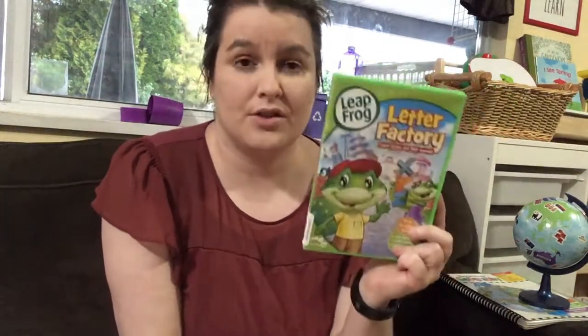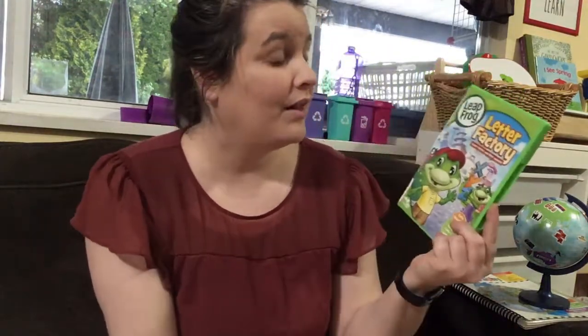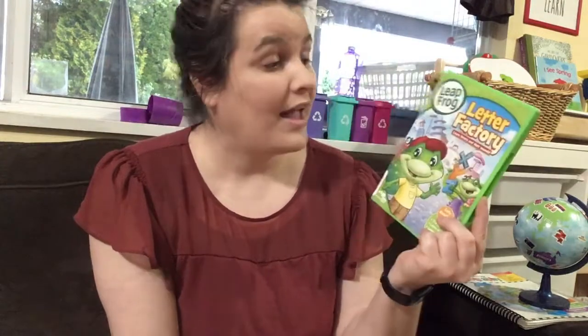I had been hearing so much about this, and I know about Leapfrog, but my preschooler was wanting to learn sounds. He knew all his letters, so I thought that this would be such a great resource, and I actually got it as a free book DVD on Thrift Books. I had one available, and I think I only paid $1.50 to get it to Canada for shipping,